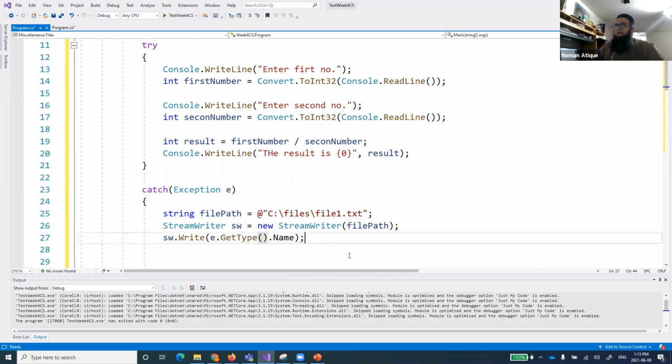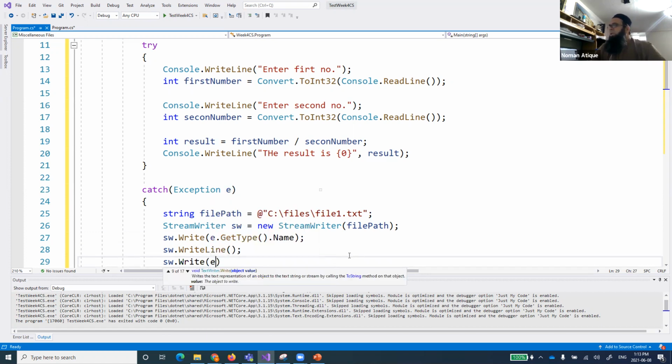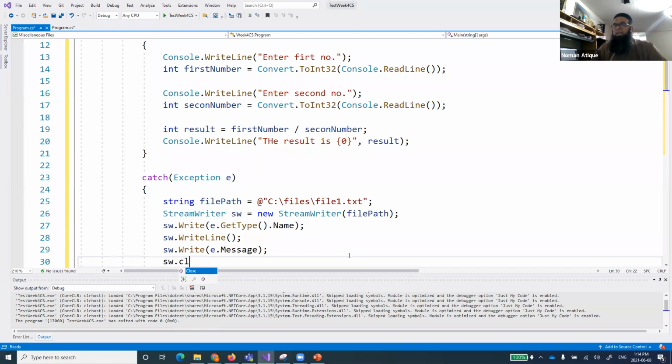So I want to print that to the file, right? So now let's put a line break over here. Just a line break, right? So yeah, we're using Write over here. So e.Message. So there will be a message related to that one. So we are writing all that into the file.